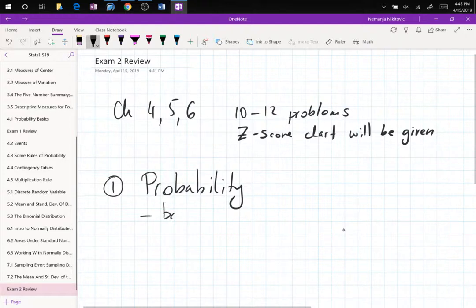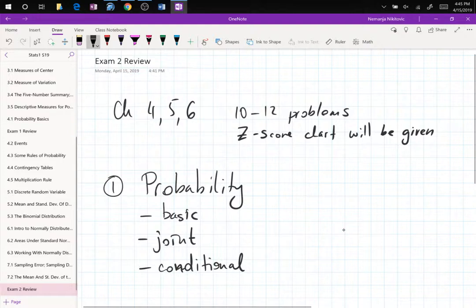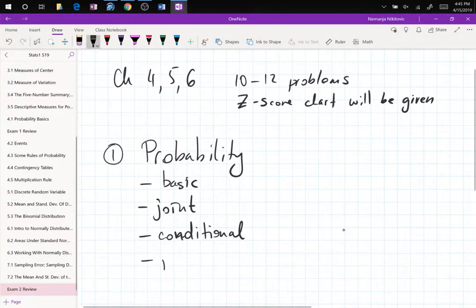We are talking about basic, joint, conditional probability, and then we have probability rules,